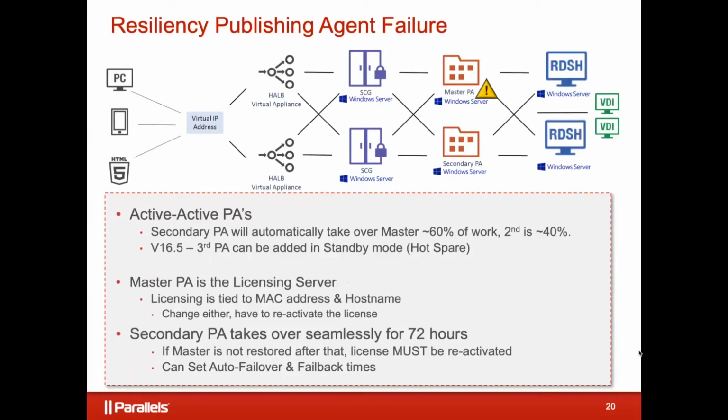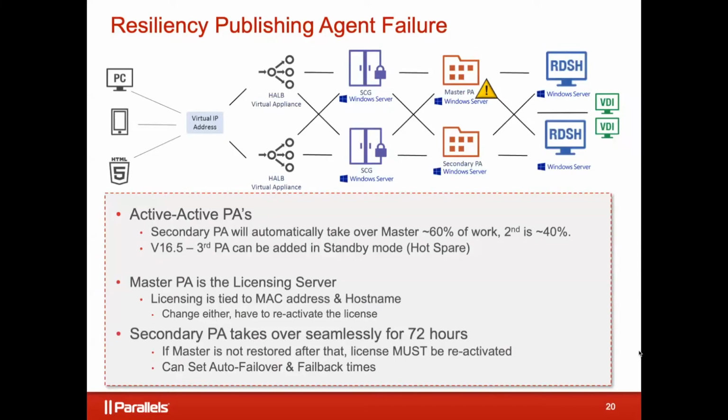All right, let's move on to another failure component, and let's take a look at the publishing agents. So how do the publishing agents work? Well, first of all, they've got an architecture similar to a Microsoft domain controller. So like a domain controller, they have a built-in database. That's one of the great things about RAS. It's designed so the publishing agents actually aren't doing heavy workload. That's being done by the gateway. They're really just answering questions. Yeah, this person here. Yeah, that person there. But the gateway is doing the work. So the publishing agent is pretty lightweight, which is why two of them can get us to about 7,500 users.